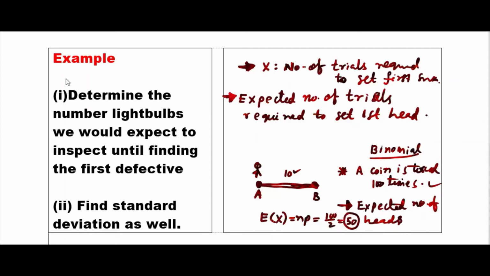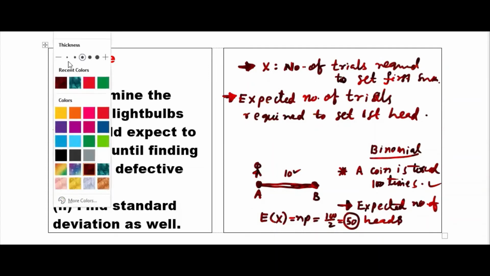Now, expected number of trials required to get the first head. Because there is an equal chance that you get a head or a tail, okay? So how many on an average? Maybe first time you get, that's fine. If you don't get it the first time, you will expect that it will come next time, because 50-50 chance. If you don't get it in 5 times, then you will worry a lot. You will talk about bad luck and all that. If you don't get it the first time, you should get it the second time.